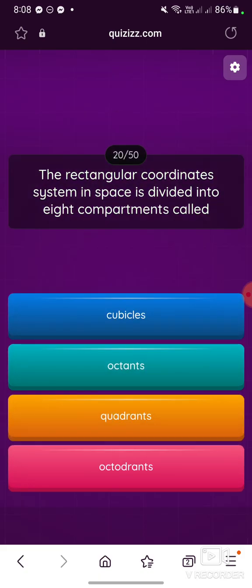The rectangular coordinate system in space is divided into 8 compartments called